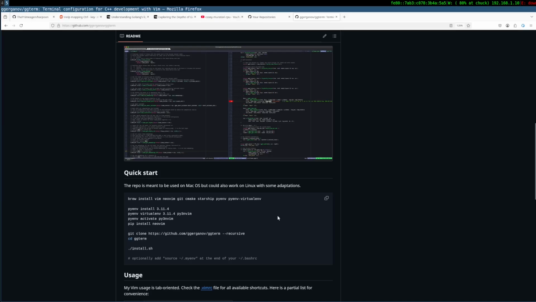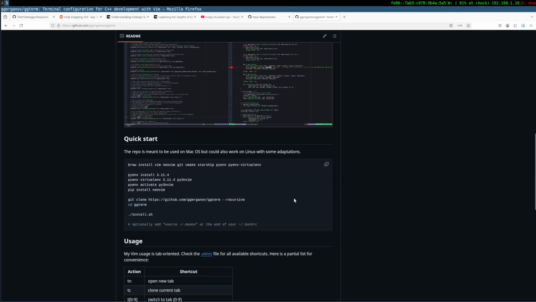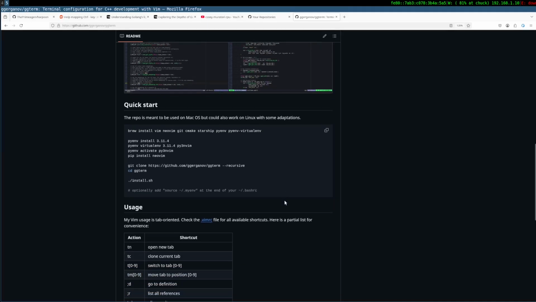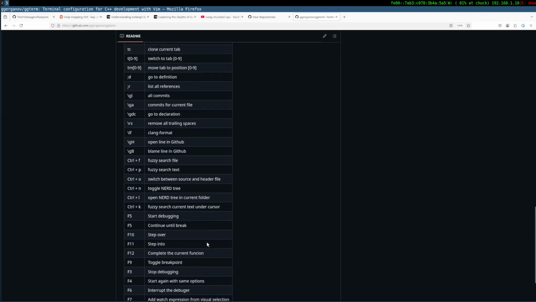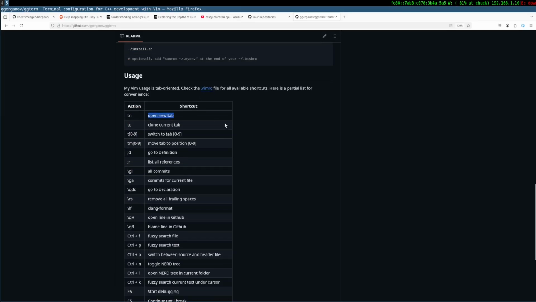Install Vim, Neovim, get Starship. pip install neovim, git clone recursive, cd, install.sh, and he wrote an install file for it. Okay, tn to open new tab, tc to clone a tab, move tab to position 0 to 9, go to definition. Okay, this is go to definition.